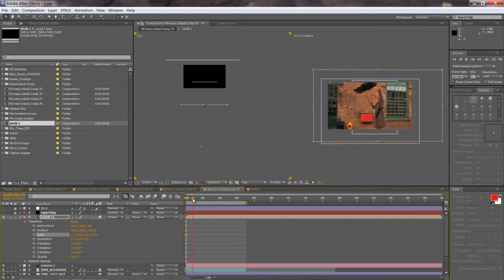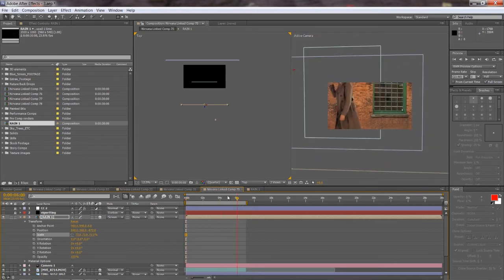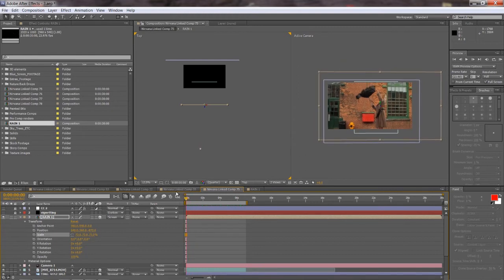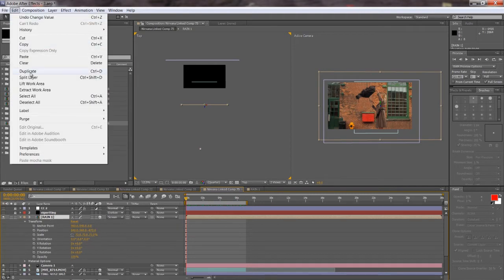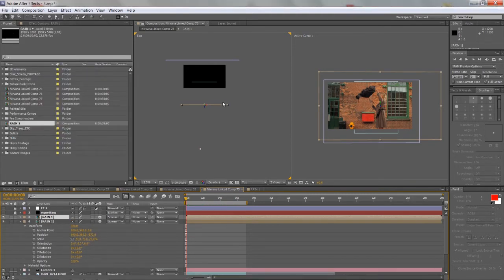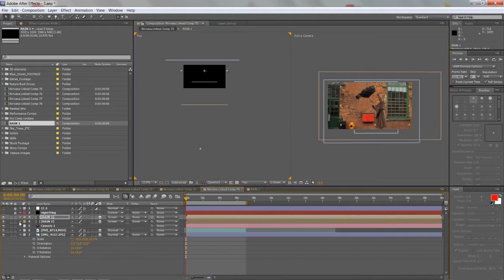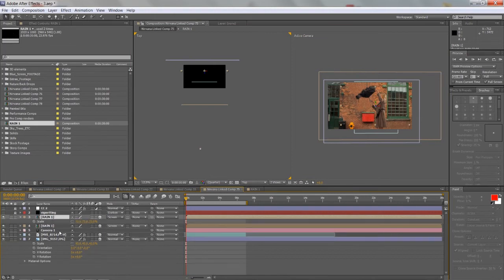So those raindrops would look huge, basically, especially at the end of the shot when we zoom in. And then now we'll duplicate it. So go Control D, or you can click Edit, Duplicate, and we'll take this duplicated layer and place it between the girl and the building, the wall. And this layer in turn we'll have to scale up, so we can click S to show us just the scale options, and scale it, because right now as you can see it's not covering the whole background,